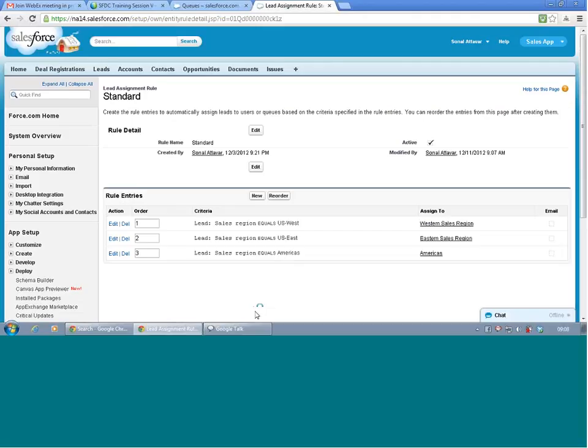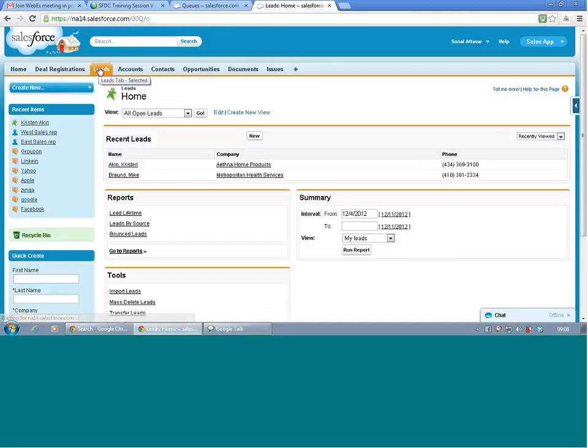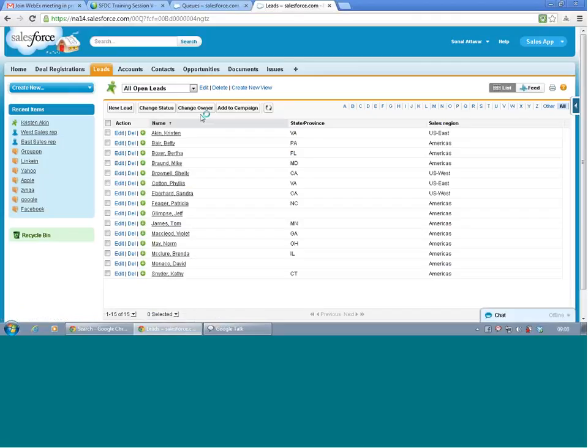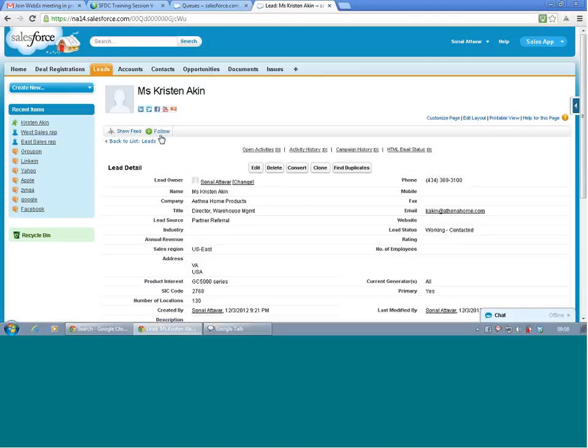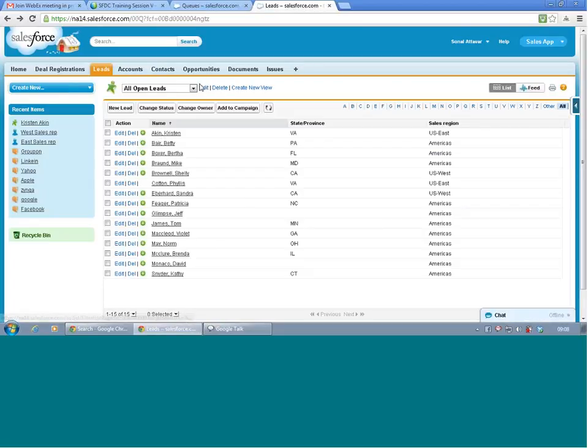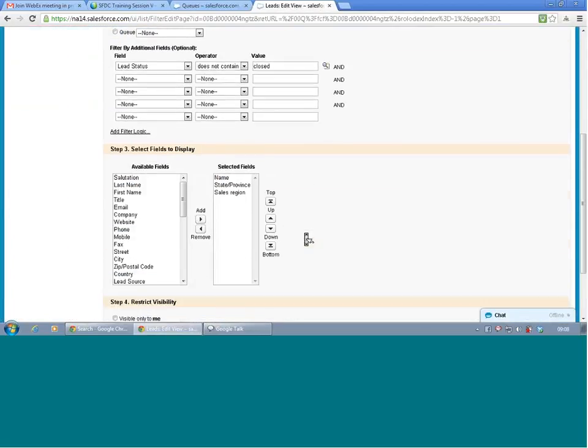And go to the lead view. Go to the lead tab, and in the all view, open all open leads, and can you edit and include the lead owner also in the view? Not to a record, in the view. You include the owner in the view. Owner first name and last name or alias? Just put owner alias alone.